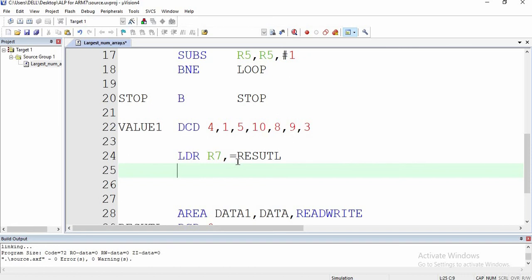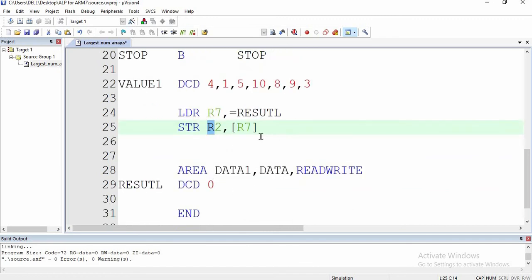For that I will write STR, store R2 in R7 as the content. Here you can see for LDR this becomes the destination and this becomes the source, so it is from right to left, and for STR it is from left to right. After this we will have the result in the variable result.